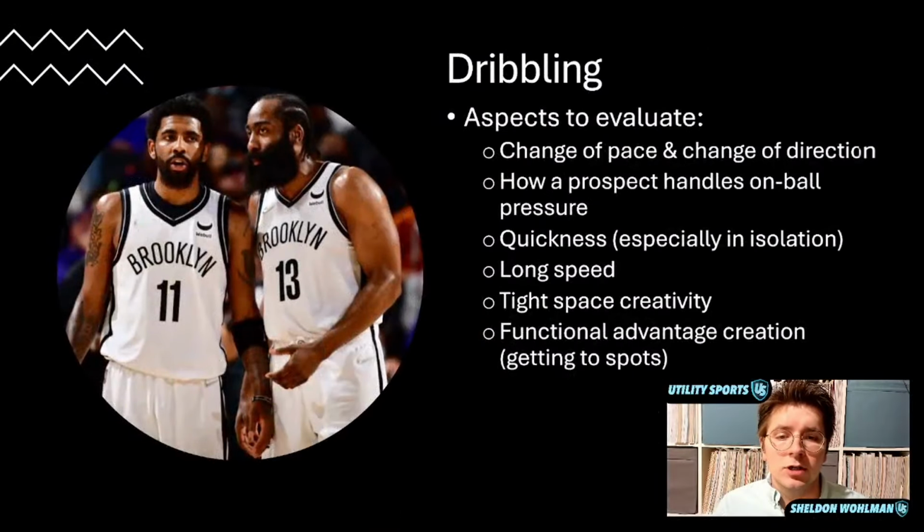Then when it comes to dribbling, there's a bunch of different aspects to evaluate, because there's a bunch of different guys who are great at dribbling, and they do it in very unique, different ways. You can be an elite dribbler with your elite change of pace or change of direction, and the best ones can do both. So if you think about prime James Harden, he would lull you to sleep with that between the legs crossover, waiting for you to reach, and then all of a sudden he steps on the gas, blows by you really quickly, gets two feet to the paint, he's getting to his floater, he's finishing above the rim,